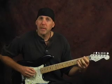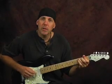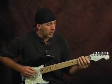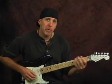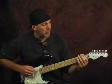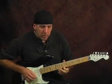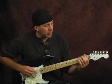So 3rd fret, find that C note with your 3rd finger on the A string, and you're going to play that shape, and you're just going to ascend it up to the high E string. You're not going to come back down with it. Sounds like this. Okay, but what I want you to do differently this time is when you get to that high E string,